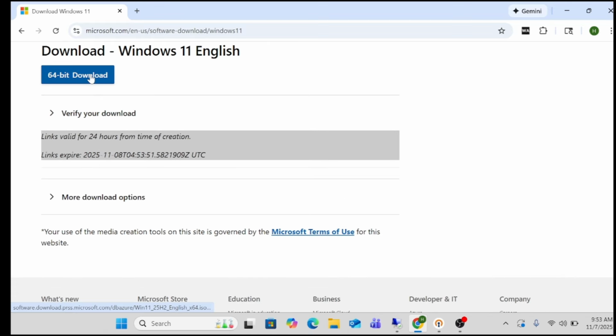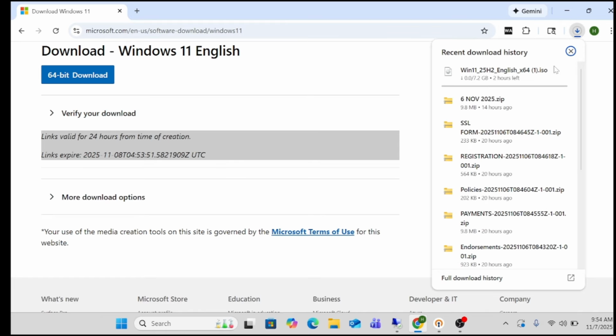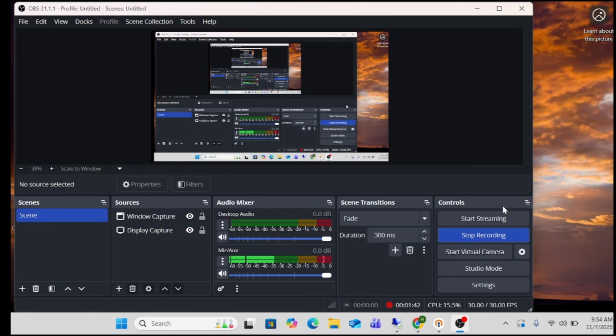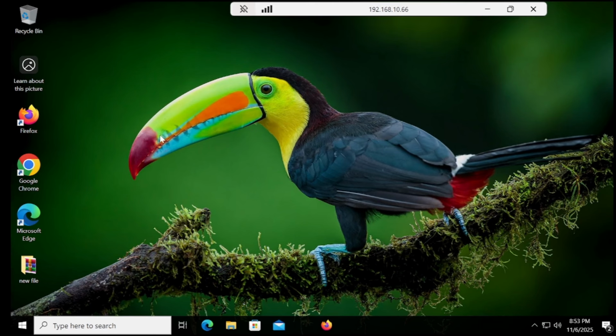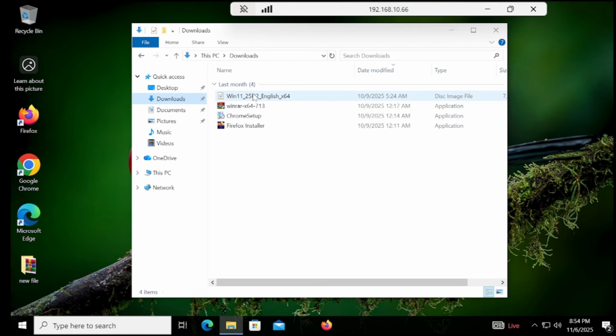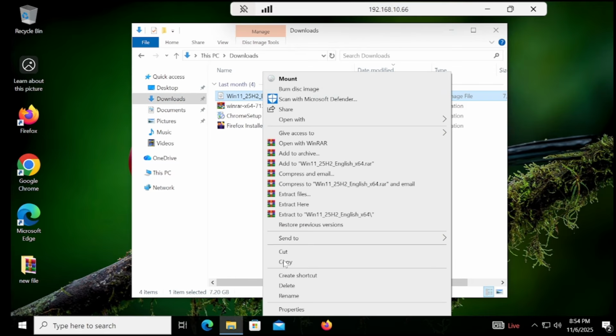Then you have to simply download it, and it will be downloaded instantly. So I have already downloaded the ISO in order to save time. Let me show you. So let's go onto the Windows 10 machine, and if you go onto the downloads, you will see we already have the ISO. So once you have the ISO, then you have to copy this ISO,